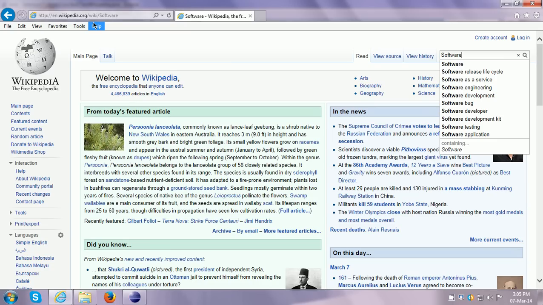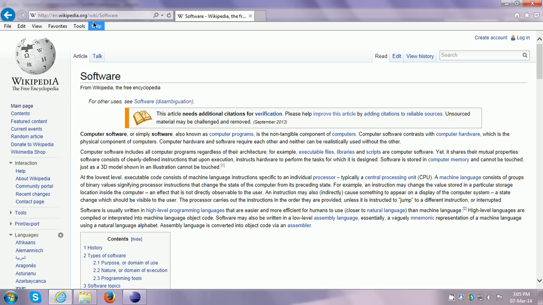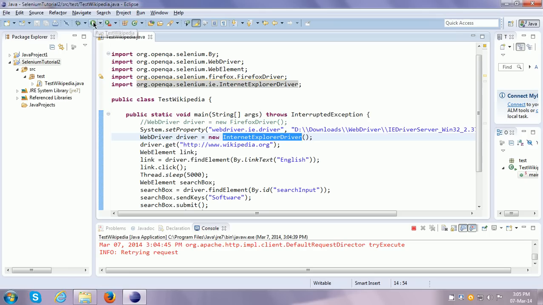Now it should navigate to the software Wikipedia page and then automatically close the Internet Explorer browser. So that is how simple it is to switch from one browser to another. So I hope this gives you some idea and appreciation about Selenium WebDriver.